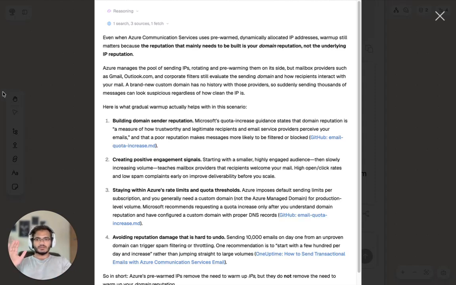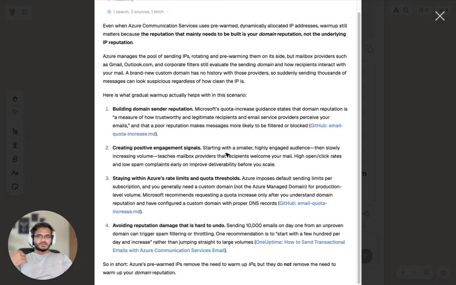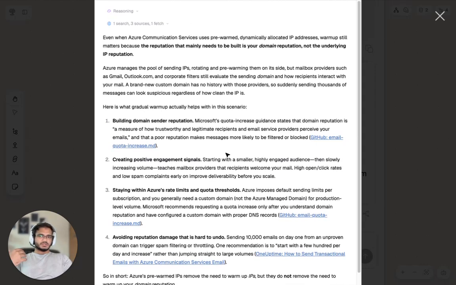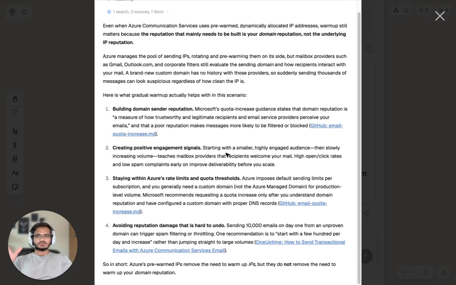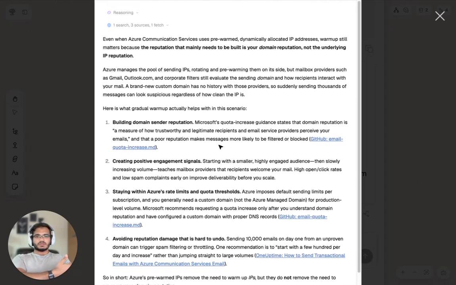This is important. There are some best practices that you can follow on ACS to make sure that you're not blowing through the reputation of your domain. I will make a separate video on that. But if you really want to do this, just search for sender reputation on ACS, and there's a really good guide for this in Azure's documents. If you go through that, you will understand how they are managing the reputation of their IPs over time. And that will give you a good indication.